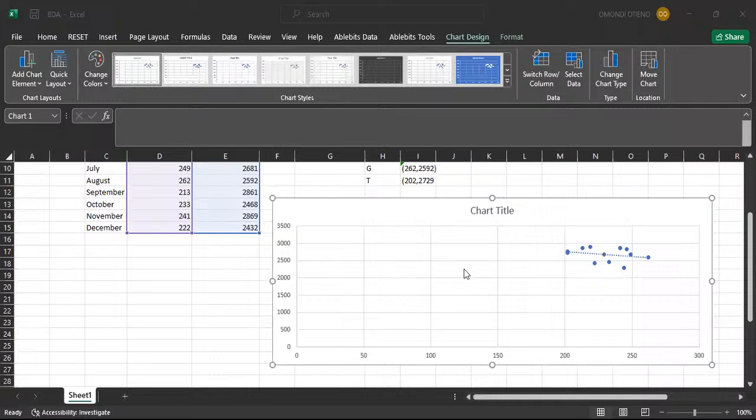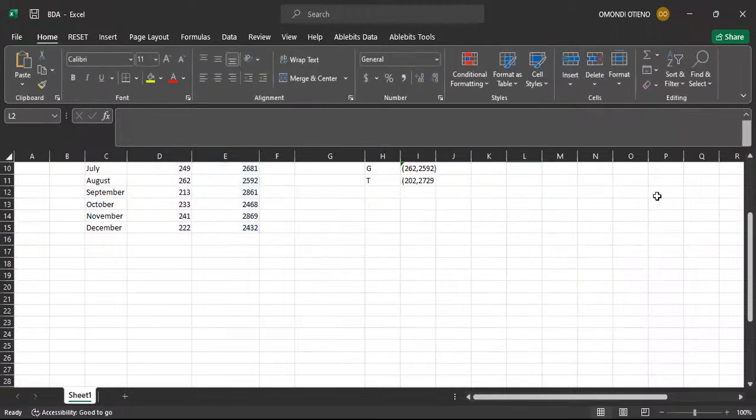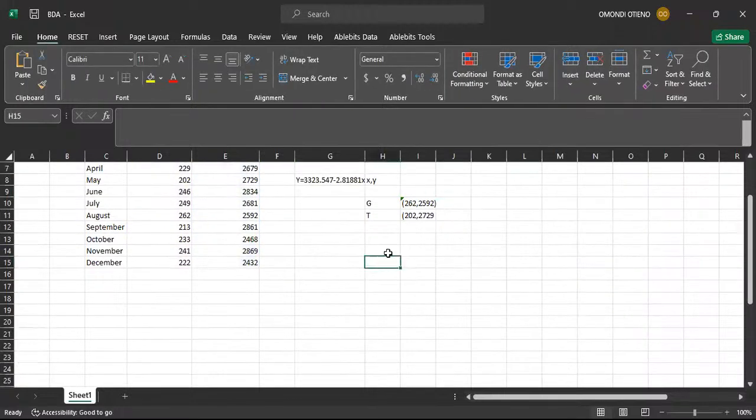Why are we taking the values in pairs? How did you come up with the chart? I think I've explained that. So let me now do away with the chart. It is going to be useless to us. So when you are going to do your estimation of the cost function,